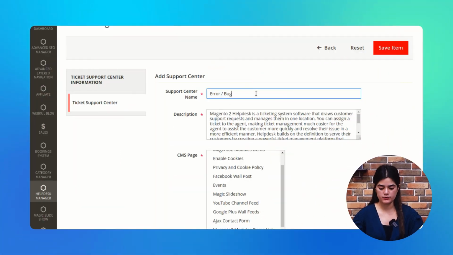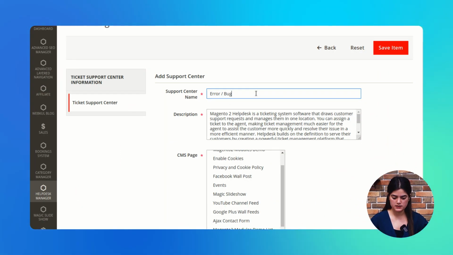If a common query is coming from multiple customers, then the agent just needs to tap over that particular support center activity, and from there they can answer the common ticket type queries.